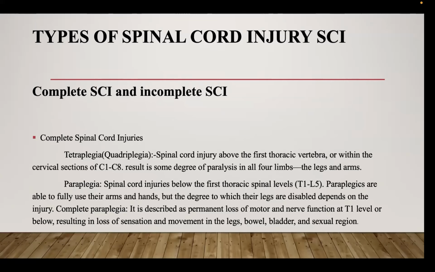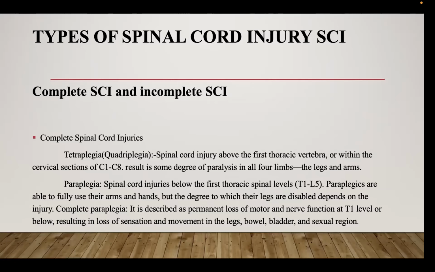The spinal cord injury above the first thoracic vertebra, or within the cervical section, C1 to C8, results in some degree of paralysis in all four limbs. That means all the limbs are paralyzed, which is the legs and the arms. The injury below, down from the thorax, at the level of T1 to L5, which is the limb,